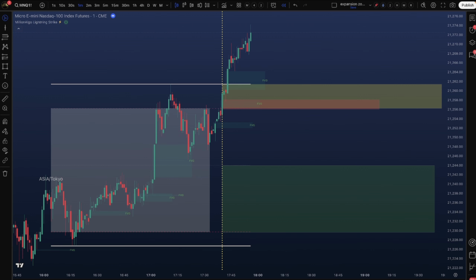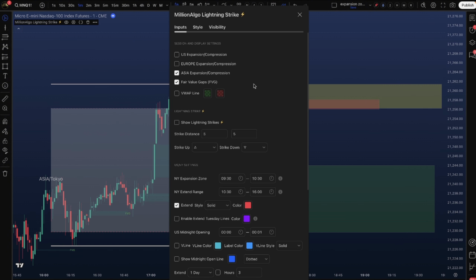When the price does pull back, you can adjust the settings to fit your strategy. Open the indicator menu again to enable lightning strike and adjust its distance. Some traders prefer a shorter distance, like 5, while others opt for a longer range, like 15, 35, or higher. For this example, we'll set the strike distance to 5, as we're using the 1-minute chart, and adjust the strike shape to one that best suits your visual preference. Once everything is set, activate the lightning strike for the final step.